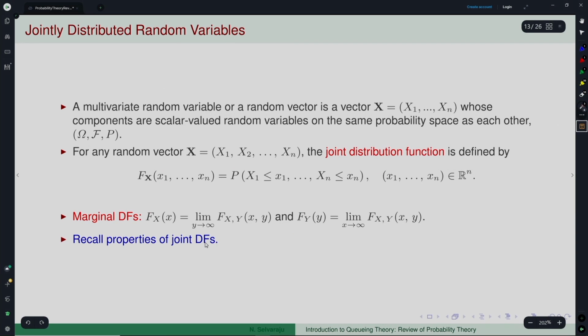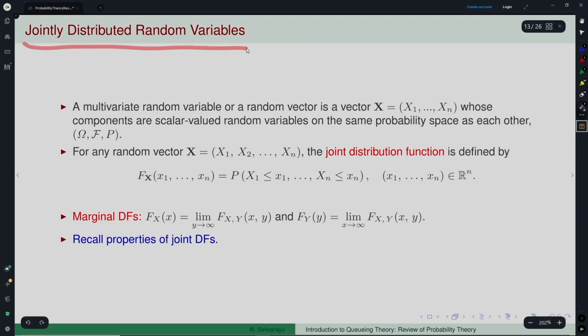Now, as opposed to the univariate case, you could also have a scenario where on the same probability space, which describes your original model, you could define multiple random variables. For example, if you want to define a population's certain characteristics, like height and weight, height could be one random variable and weight could be another. Obviously height and weight are related, so there will be some relationship, or there is no relationship, and all those things will be studied through what we call jointly distributed random variables.